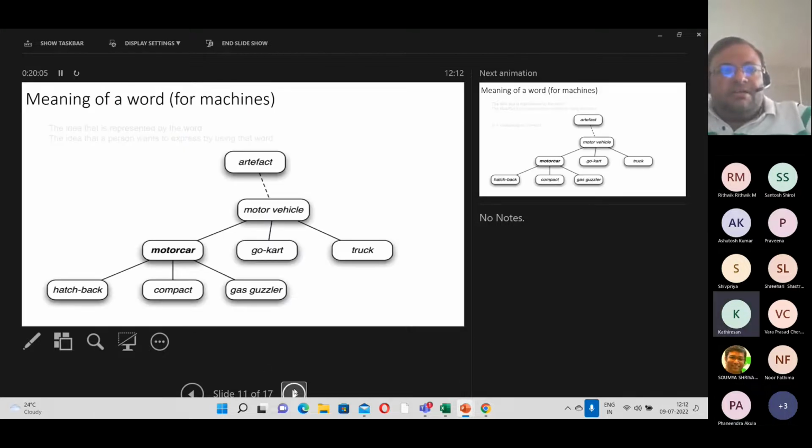That's NLP. See, again, historically people wanted to know what a word means, right? So in the 80s, I think early 90s, they had this WordNet in Princeton where every word was shown in a hierarchy. So everything was an artifact, which is a parent category of everything. Then you have a motor car is a type of motor vehicle. A go kart is a motor vehicle, and a motor car can be of three types, right? So this is the idea that is represented by the word, the idea that a person used to express that